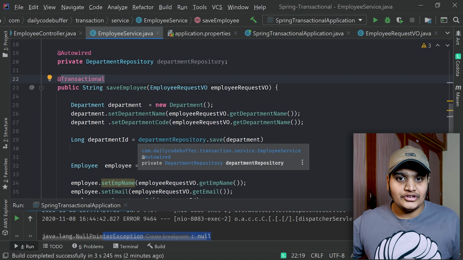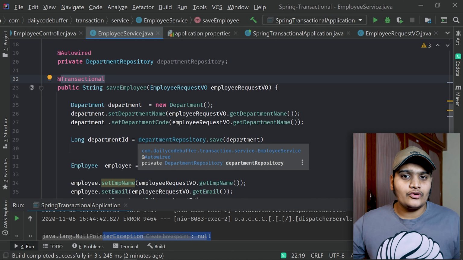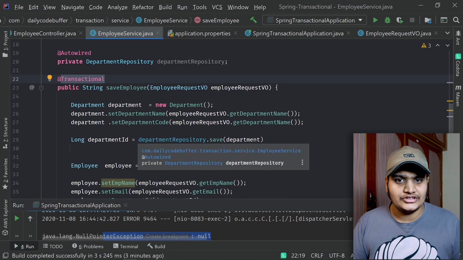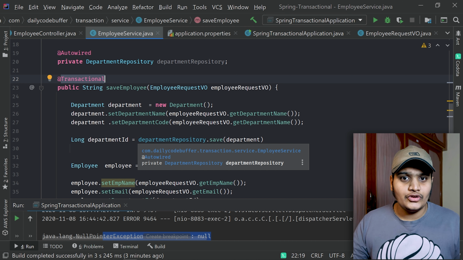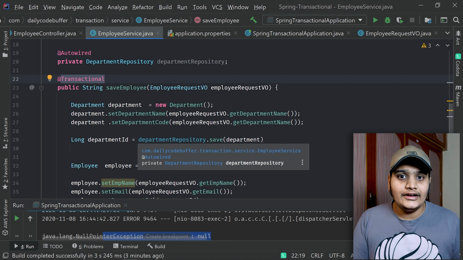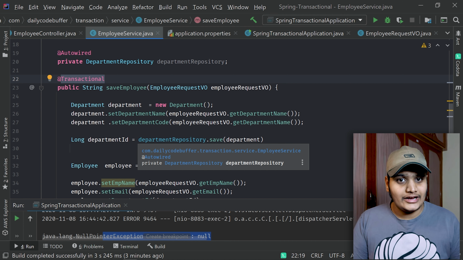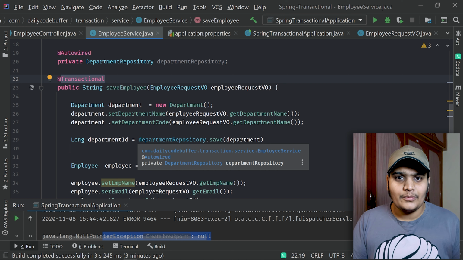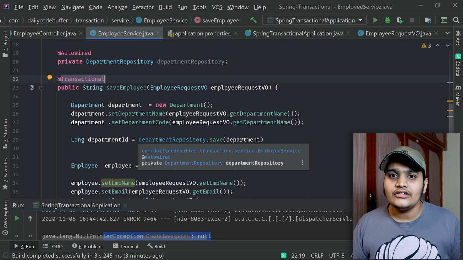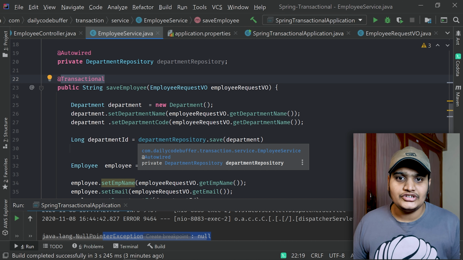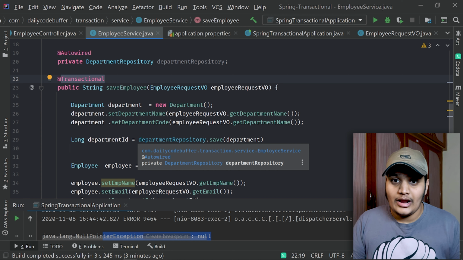So if there is any exception, Spring will get to know and it will roll back the entire transaction, and if everything is successful, it will commit the transaction. So this is the very simple way that I'm showing you over here. There are many other properties also available. You can create your own entity manager and you can use the transaction for that as well. These are all high-level topics that you can go through in the documentation and use. This is the very conceptual thing that I'm showing you over here, so you will get to know how this transaction works and how you have to proceed in your applications, okay.